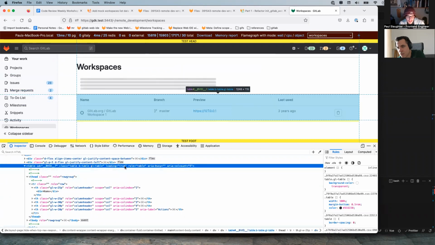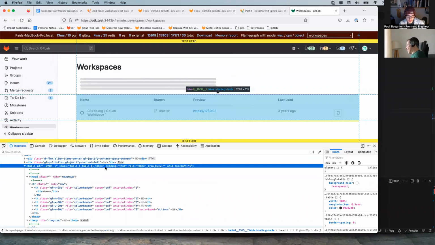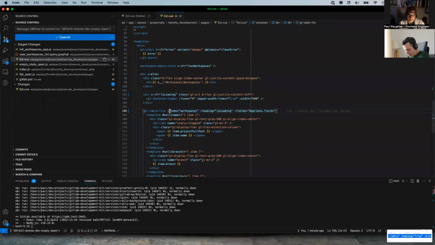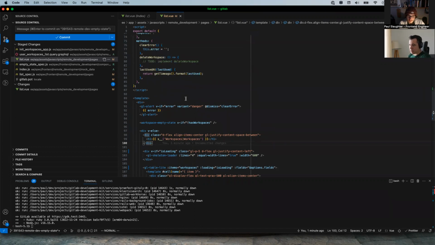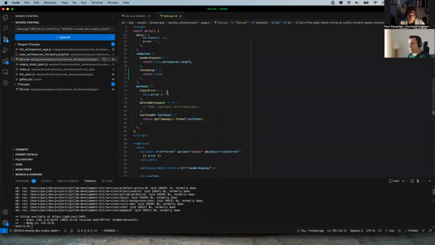And I don't even think GL table light even supports a loading state here. So we're using GL table light. I don't think it supports a loading. I do agree. I would need to double check. The reason this is making me laugh is I recently had a problem I tried to solve where GL table light actually was the solution, and I asked in GitLab UI, and people pointed me to GL table light, which I did not have on top of my head. But it turns out, like a year ago or something, I actually introduced this component. So that was kind of funny.